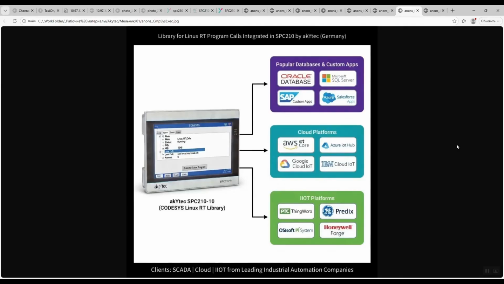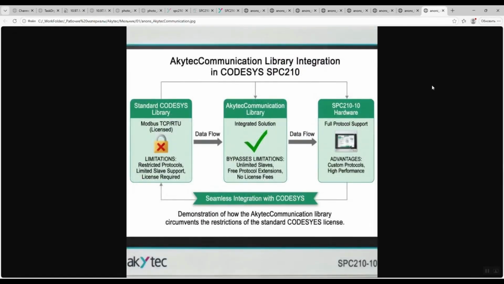How can you use the built-in Linux utility call library in CodeSys to integrate SPC 210 with popular automation platforms from well-known companies or with any specialized applications? How can you use the built-in Akitech communication library in CodeSys to bypass the limitations of standard Modbus components?